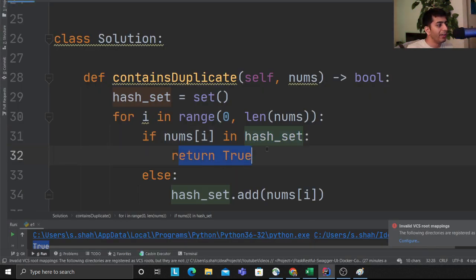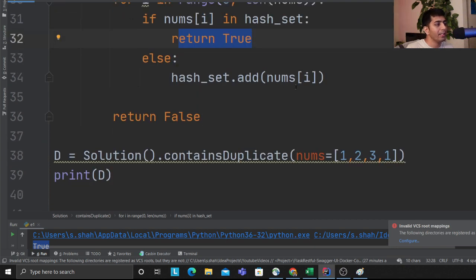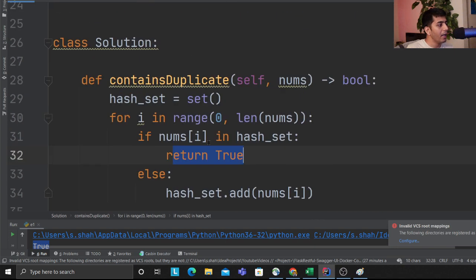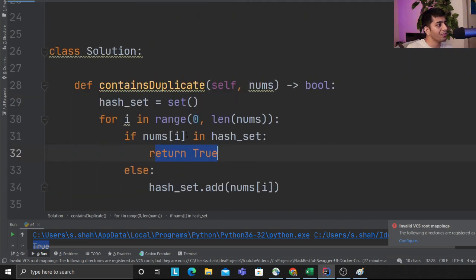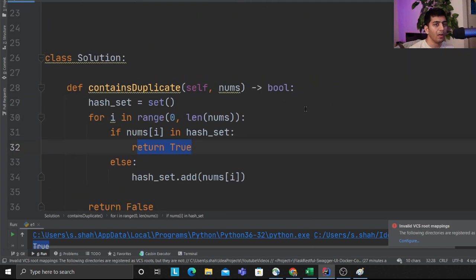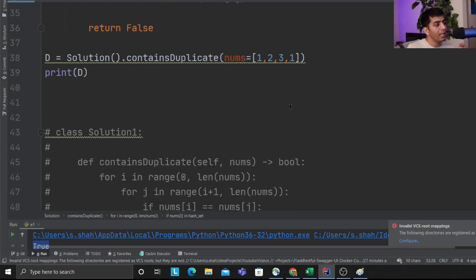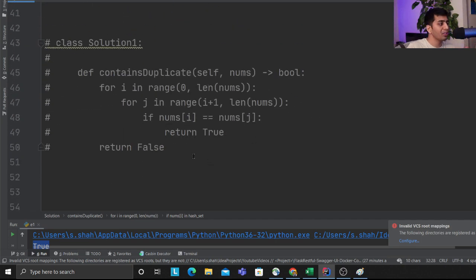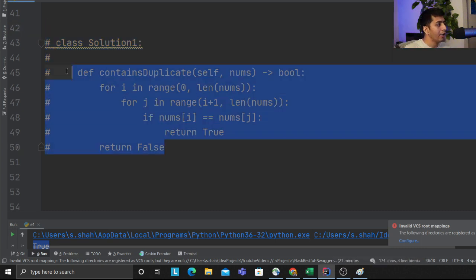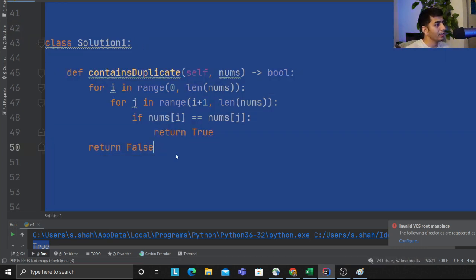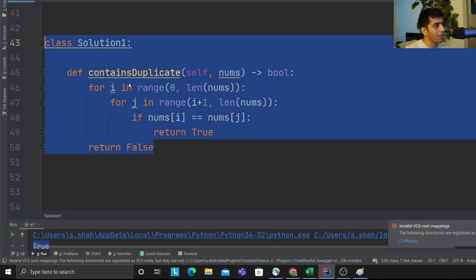So I simply return true, which means the for loop ends right here. Else, I add the item to the hash set. At the end of that, I return false. This is a much better approach than brute force. Because when I approached the problem, my first thought was, I'm going to write two for loops, for i in this, for j in this, and it's going to work. So if you try that solution on LeetCode, which I'm about to show you,